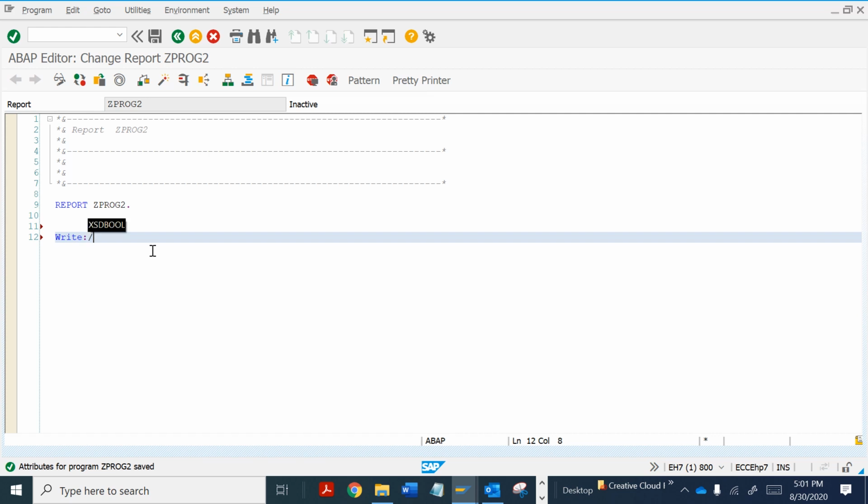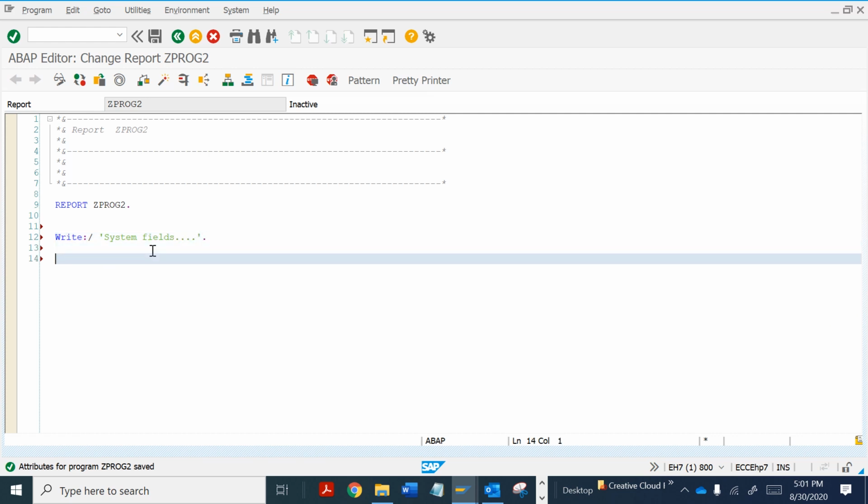In SAP we have different standard system fields. Let's talk about them.